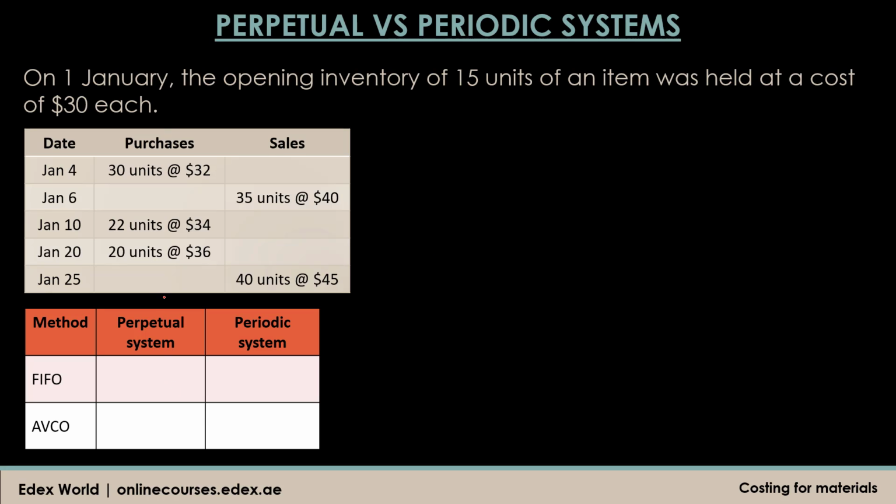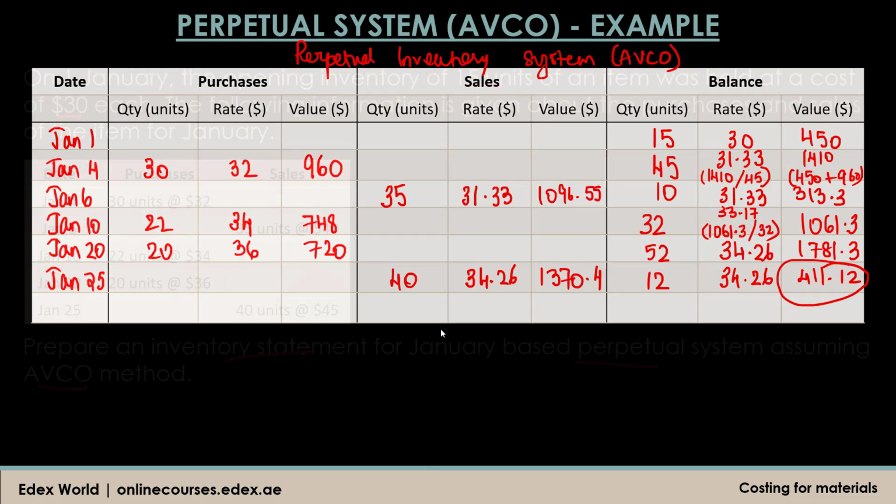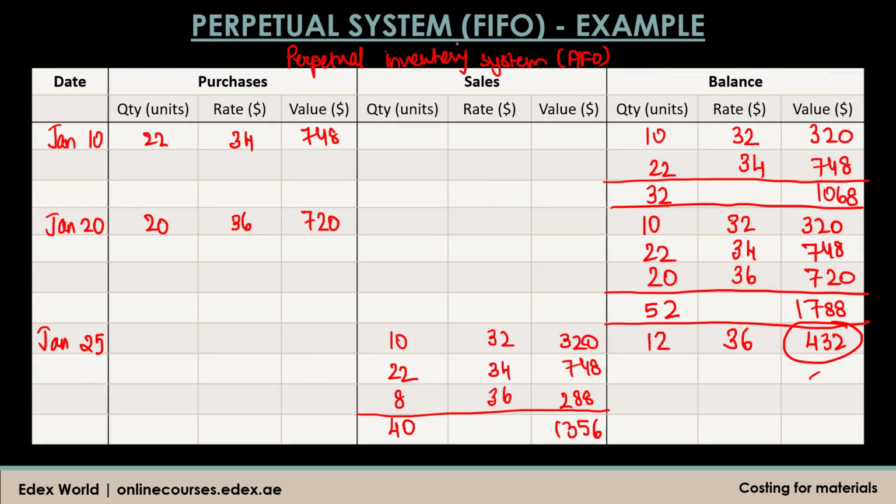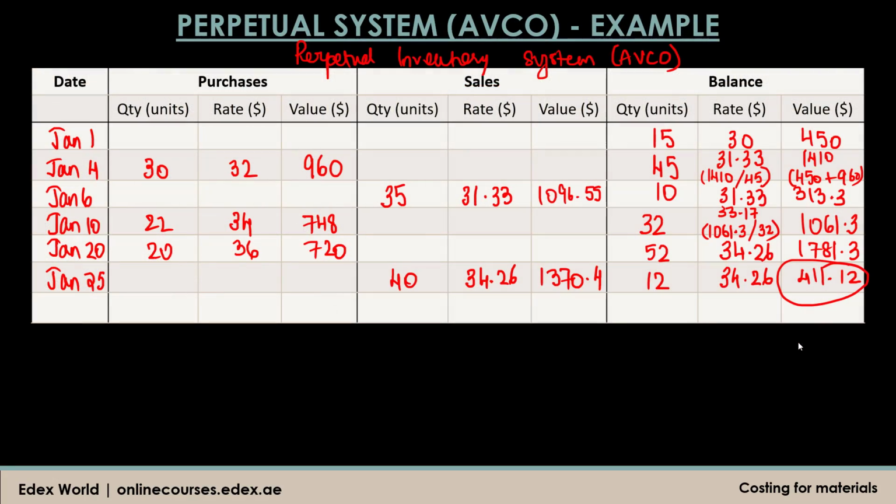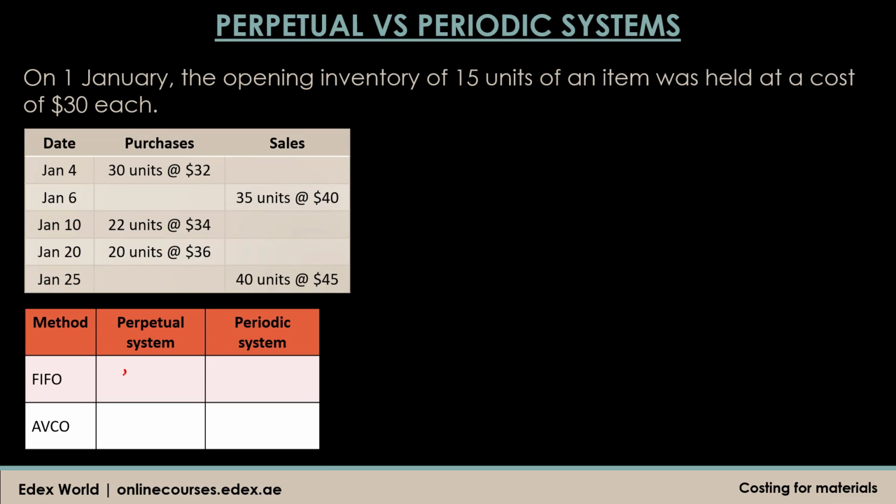So the same example that we followed for perpetual system, I'm going to write the value for perpetual system under FIFO and AVCO, whatever we got in our previous slides. So let's go back and just see once. So if we see the perpetual system FIFO, we got 432. And if we see the perpetual system average cost method, we got 411.12. So I'm just going to write it down here, $432 and $411.12. Now what you are supposed to do is calculate the value of the inventory under FIFO and average cost